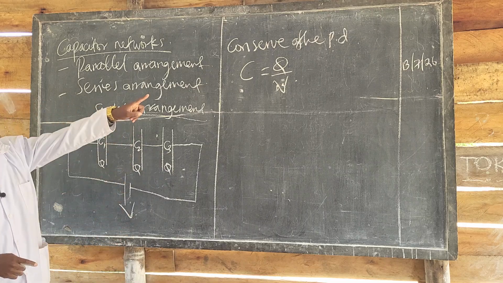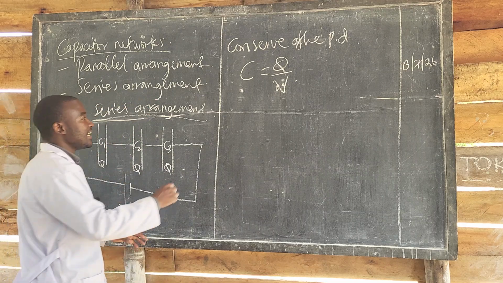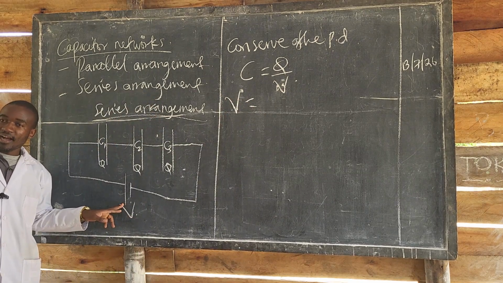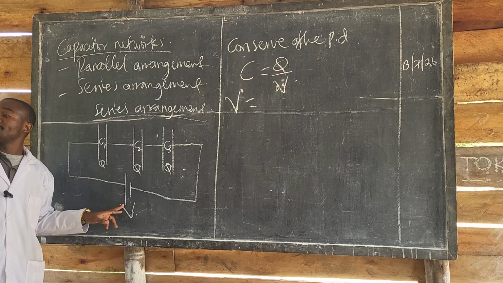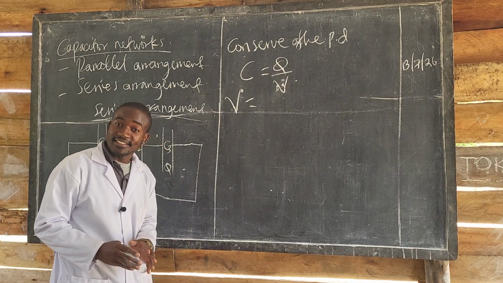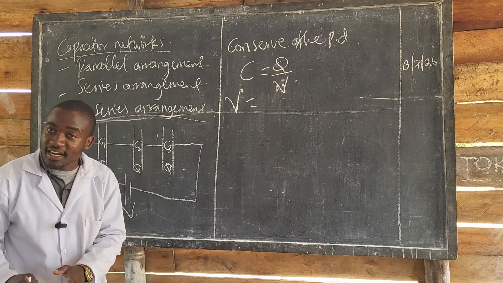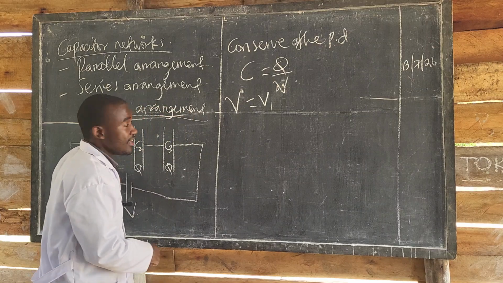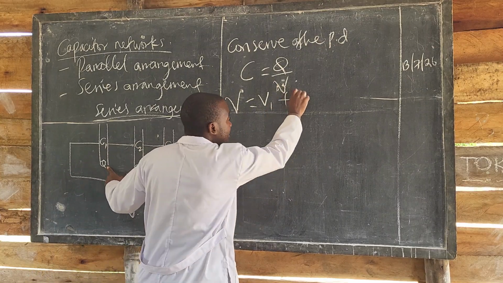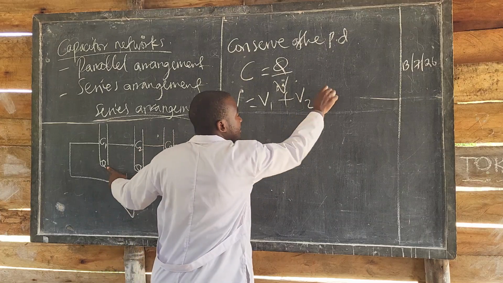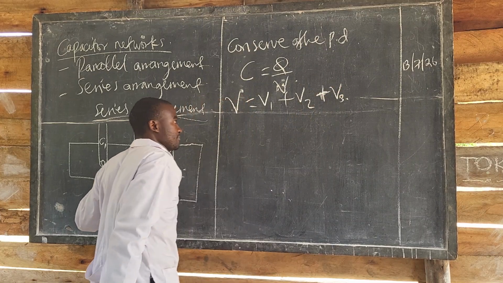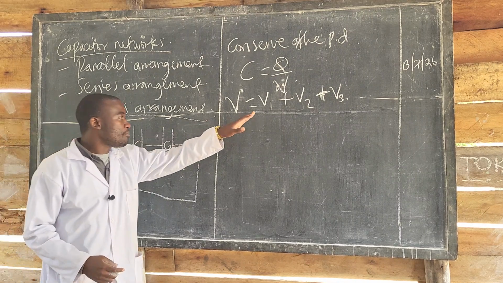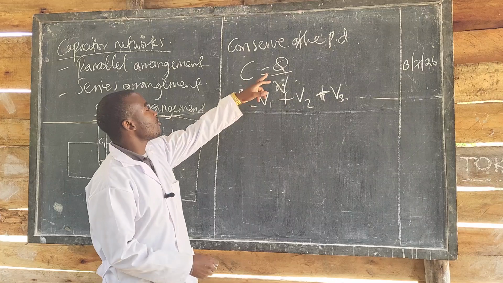Now, conserving the PD, the V that we supply across all three capacitors will not be wasted. It will be shared by each capacitor. So the capacitor of C1 will take V1, the capacitor of C2 will take V2, and the capacitor of C3 will take V3. And therefore, substituting for each PD, because C equals Q over V,